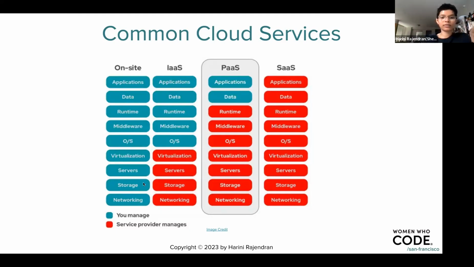And infrastructure as a service, they would give you the computer, but you take care of everything on top of it. What OS should you run on the computer? What middleware? What applications you would deploy, and how would you be managing those applications and the data that it generates and all of that. So this one slide actually sort of summarizes what we saw in the past 3 slides. So these are the different cloud deployment models, and based on your use case, you can choose to use whatever makes sense to you.